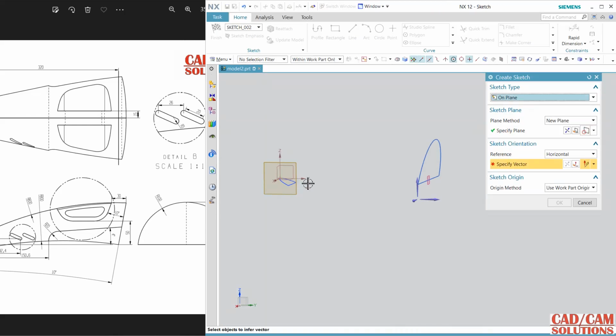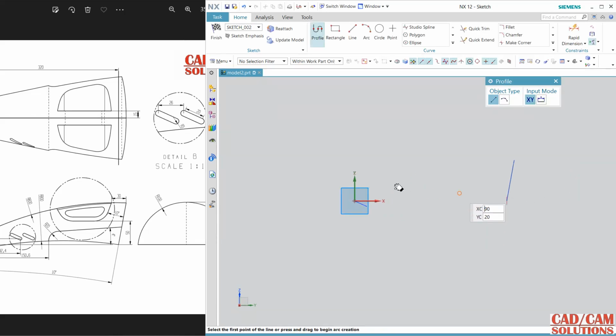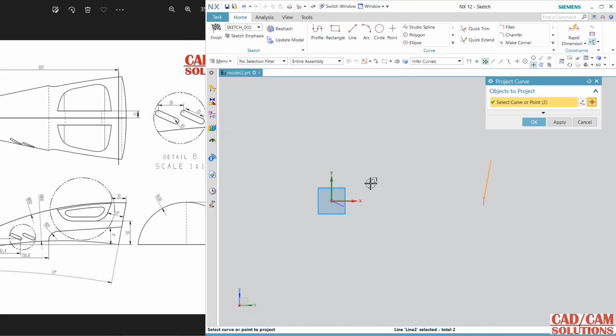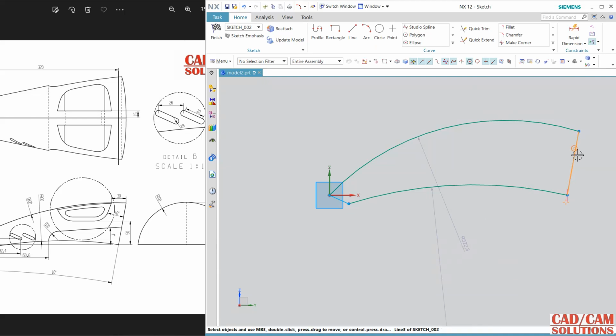Now this YG plane, okay, right. Now I am using this projector, select it, apply, select this, again apply and cancel, use the arc from this to this, okay, and one more arc, and these all are the reference curves, so make them reference, and 600 and 800.